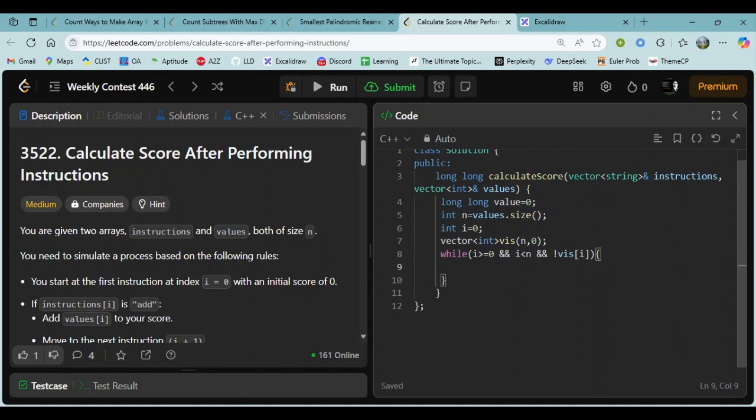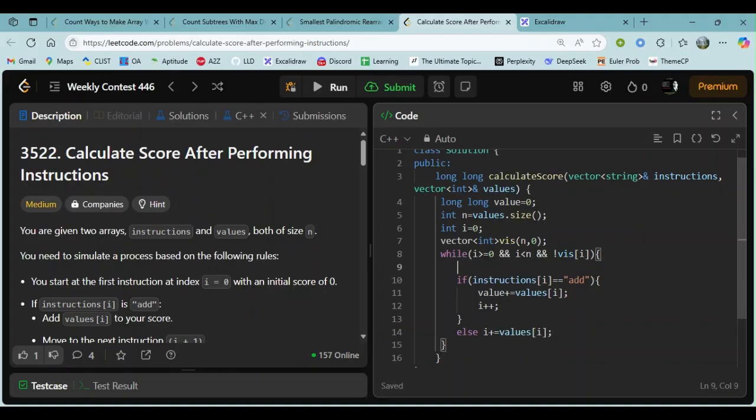So for this, if our instructions of i is equal to add, means we have to just add the value. So we will add value plus equals values of i and i plus plus, else we just do i plus equals values of i.